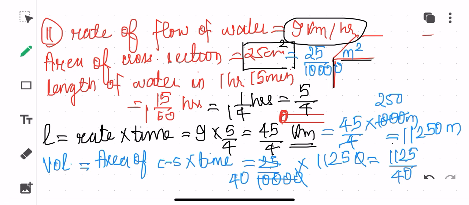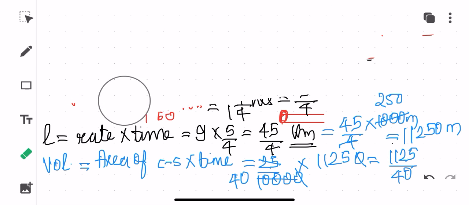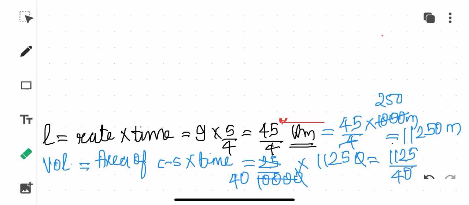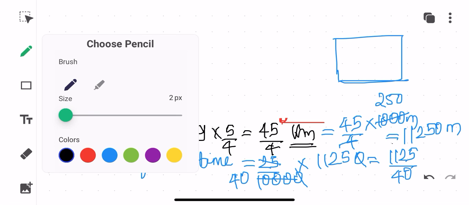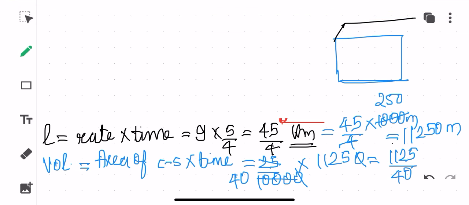Now what I'll be doing, children, you have to calculate the rise in water level. So how can you calculate the rise in water level, children? So this is my tank. You will have to calculate the area of the base, because that is your cross section. Okay, so suppose this is my figure. So what are the dimensions given, children? Dimensions are given as 7.5, that is my length, and then we have 5 meter, that is my breadth, and then I have height, that is equal to 4 meter. So this height has been given just to confuse you, children, because we won't be using that, because we need to find down the rise in height.